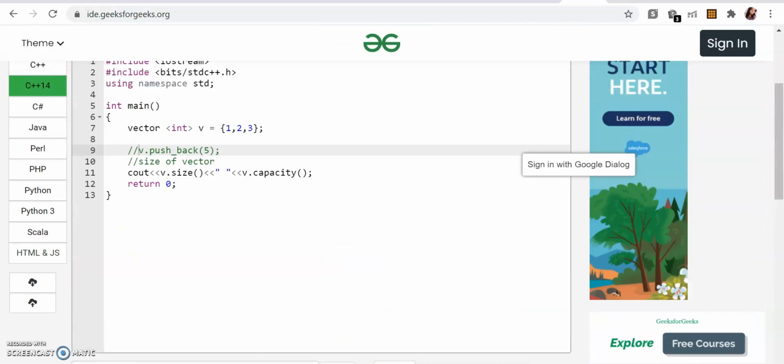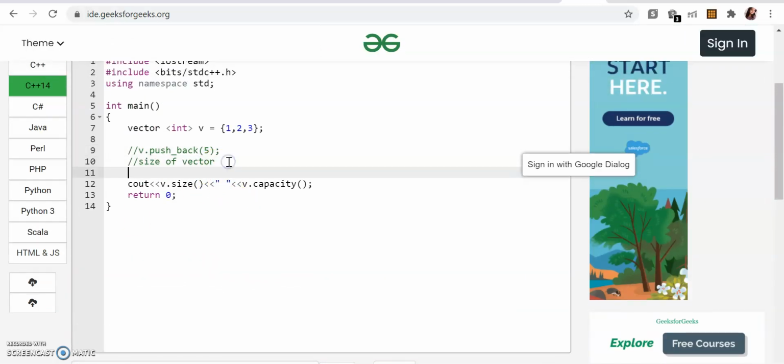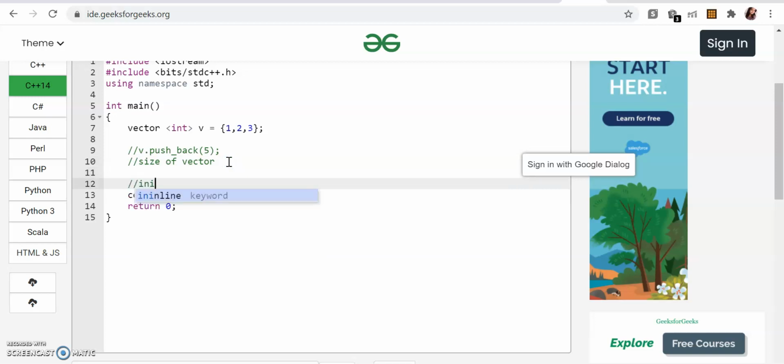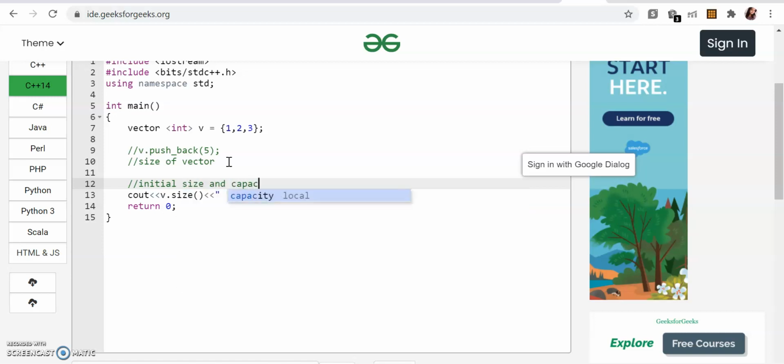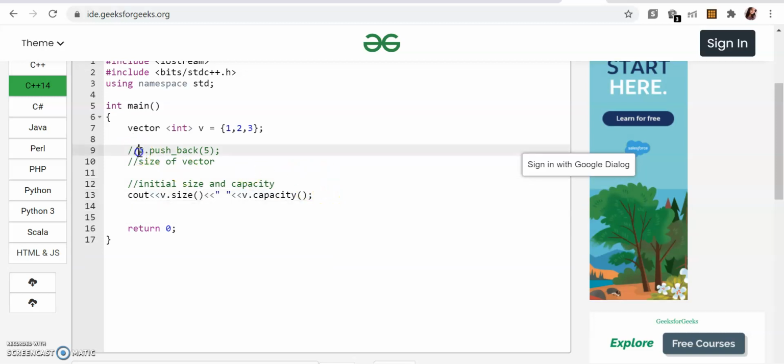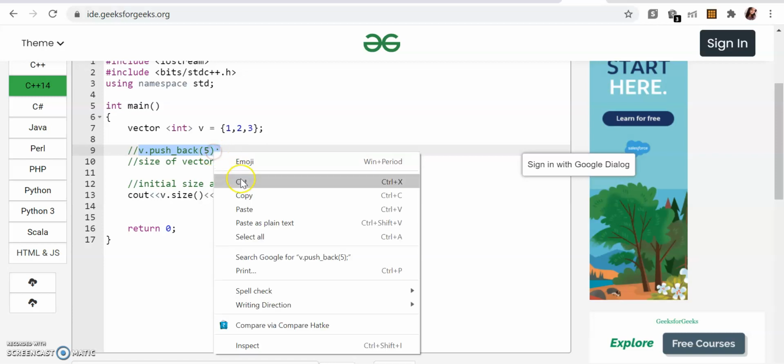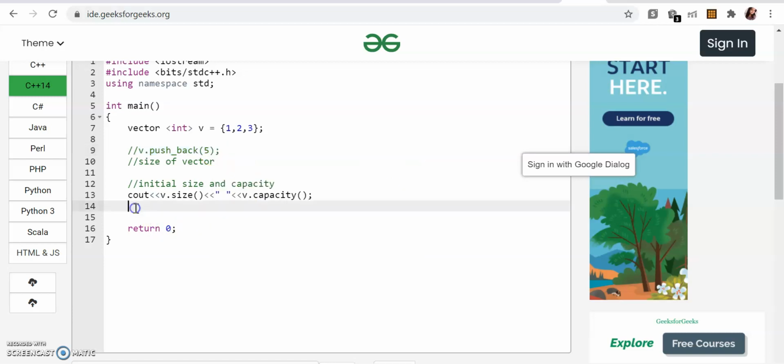Now if you push back an element, what should be there? Initial size and capacity, right? Let's push back this element. So we'll copy this and paste it here. Okay, let's do push back 5. Now for sure our size will become 4 because we are adding one more element.